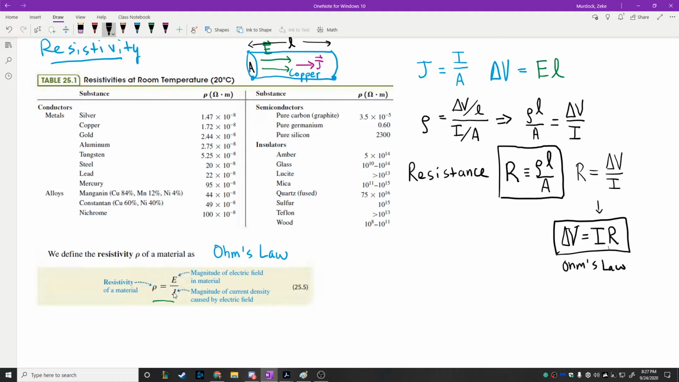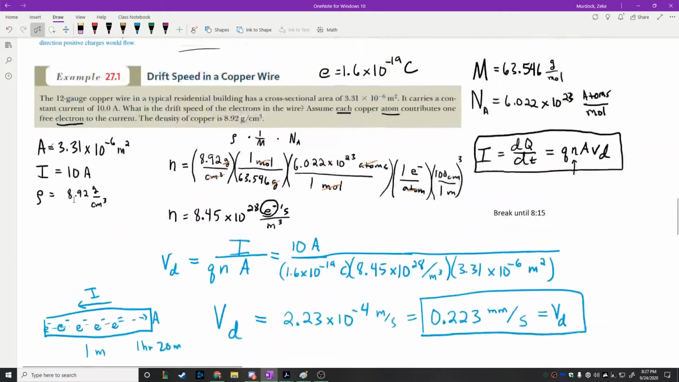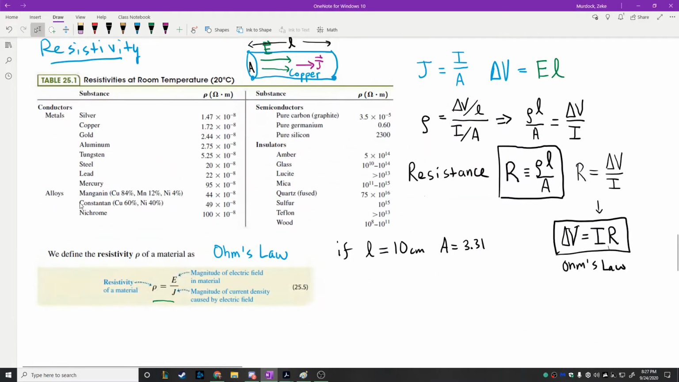And what is the resistance? The resistance is a property of the material as well as a property of how the material is constructed, right? So for a given wire, you're going to have some value for these things. Just to give an example, if my wire had a length of, let's say, 10 centimeters, and a cross-sectional area, let's use the area from the previous problem, which was like 3.31 times 10 to the negative 6 meters squared. And then we need one other piece, right? We need the resistivity, which is, for copper, given right here, 1.72 times 10 to the negative 8